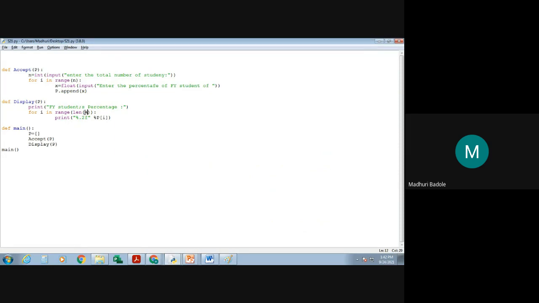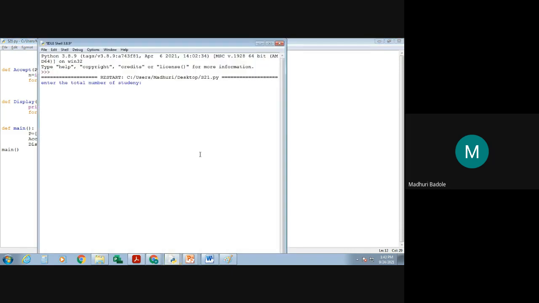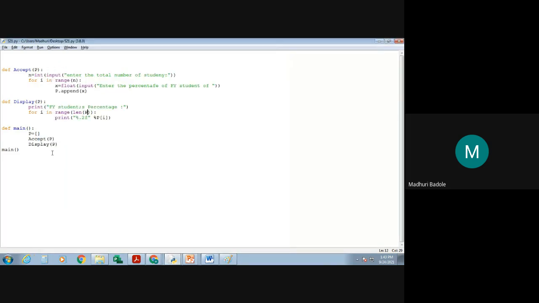Okay, length of p. Yes, fine. So it is accepting and our display function is working.